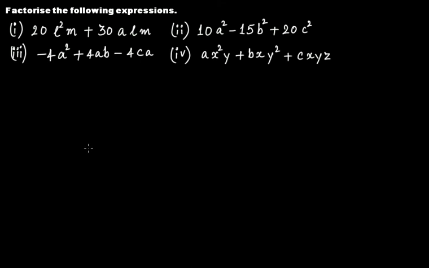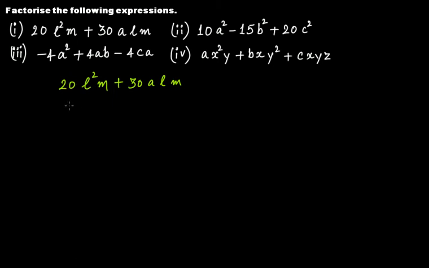Here you have to factorize the following expressions. Okay, so this is 20l squared m plus 30alm, right? 20l squared m plus 30alm. Now any person who is trained, that person can quickly tell the common factors from these. You have to use in this case factorization by the method of common factors, because here you have common factors